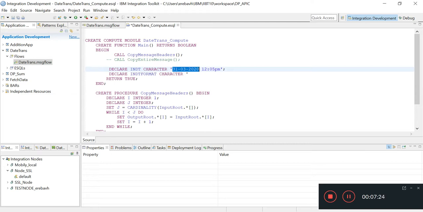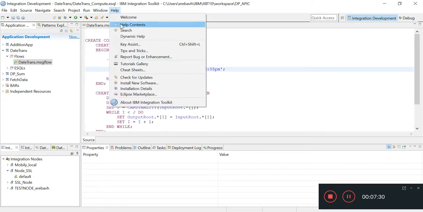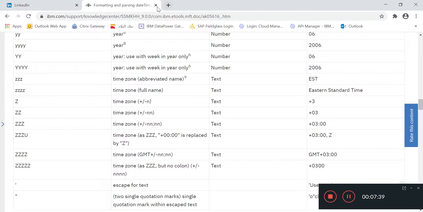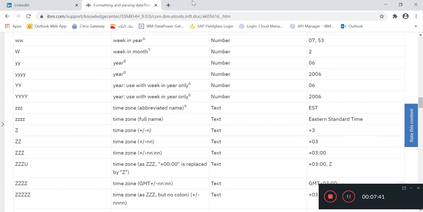We can see the date format by using the help contents. Click on help and click on help contents. Till now I didn't install any help contents, so let me show you over Google.